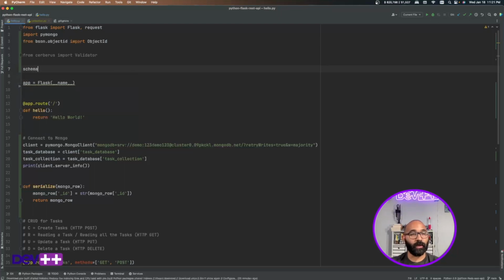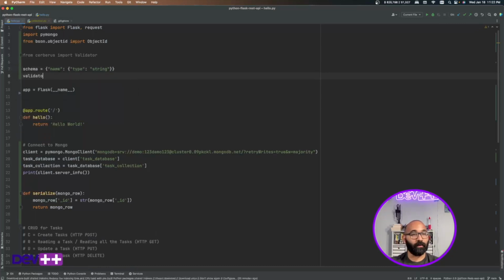For Cerberus, we create something called a schema. We put the names of the fields that we want, and we add some metadata. For example, the type of that field is going to be a string. Then we create a validator object with the class that we just imported, and then we just validate things with